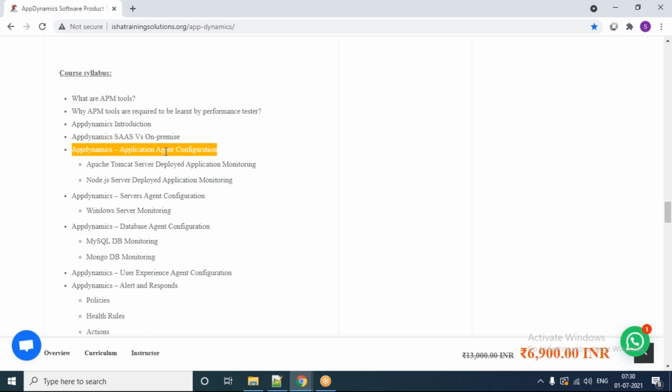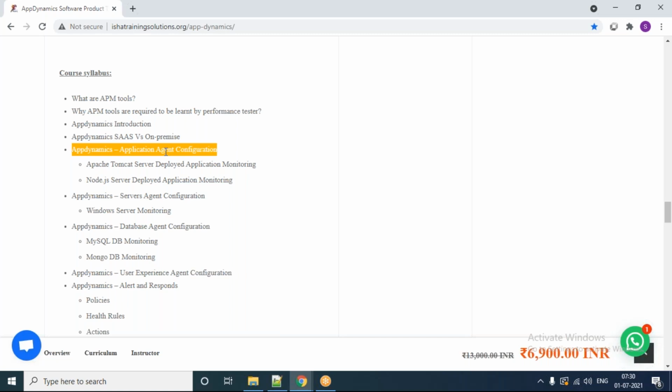Okay. Similarly, we also have a Node.js server. I'll tell you how to install Node.js server, how to install MongoDB, and on top of it, how to deploy a sample application called ExpressCart. Then we can configure the AppDynamics Node.js agent into that application and restart the server.